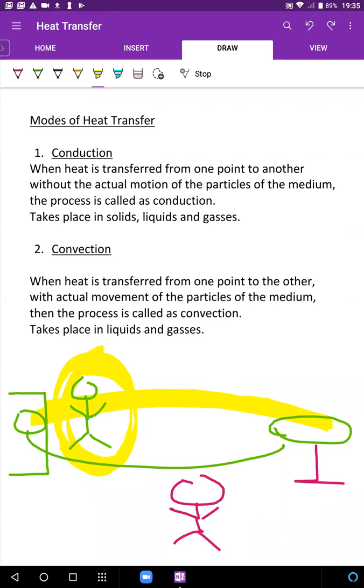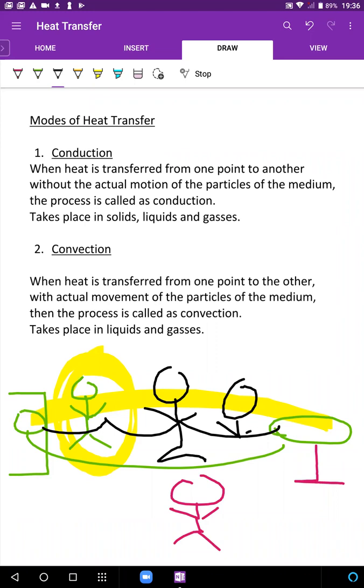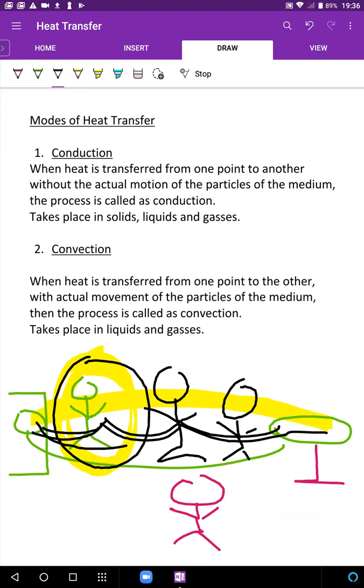Yes, excellent, Prithvi, excellent. Conduction कैसा होगा? Conduction will be when people stand one after the other and they just transfer plates, like you're passing the parcel. In that manner, they transfer plates from one to another. No one is physically losing their place. They're where they are. They're just transferring heat or energy from one side to the immediate next molecule, and that molecule further transfers it, and that's how conduction takes place. Conduction can take place in solids as well as liquids and gases.